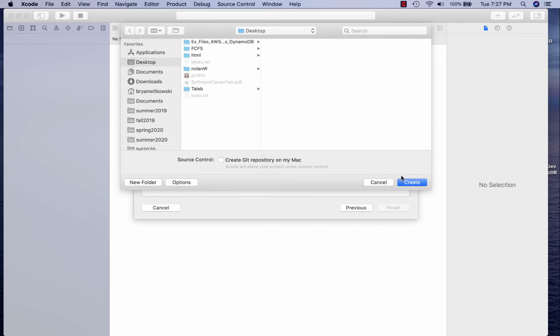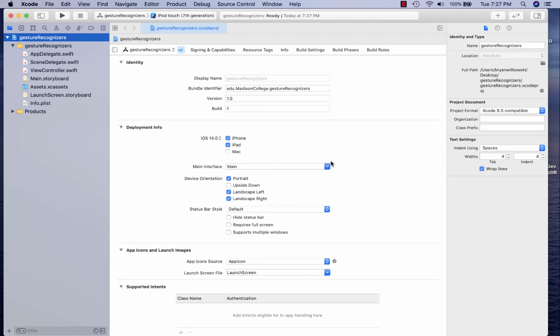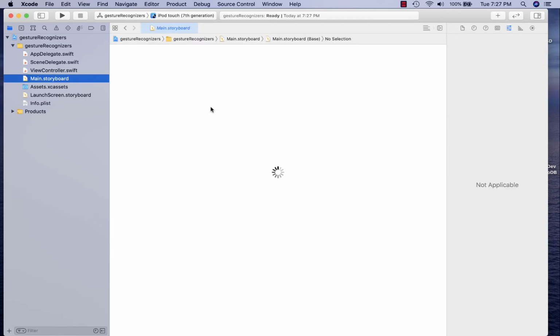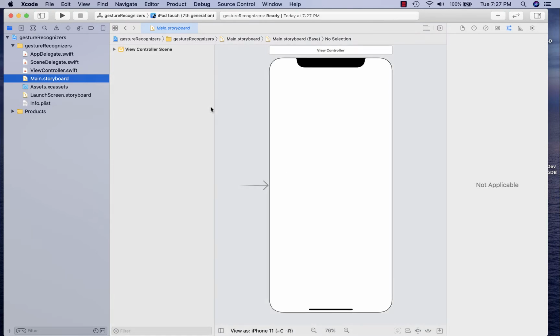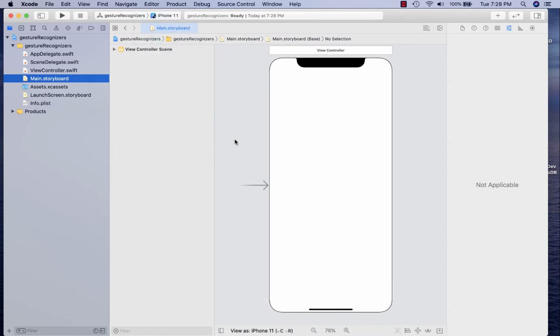and I'm going to save it on my desktop. And the idea with this is I'm not going to work with an iPod Touch. I'm going to work with an iPhone 11. And we're looking at an iPhone 11. What I want to do is go to the internet and get kind of a file image that I can have on the screen and then a trash can so that I can enable